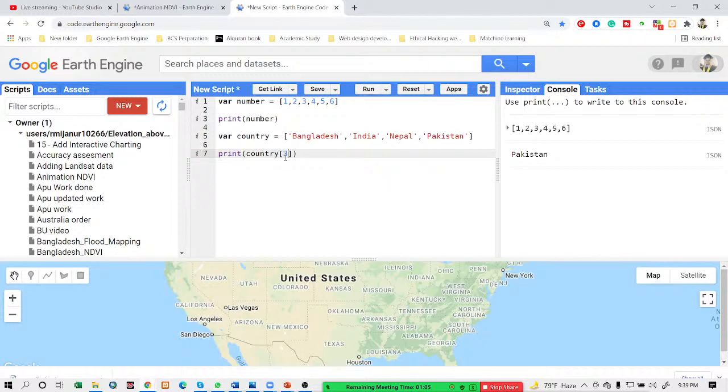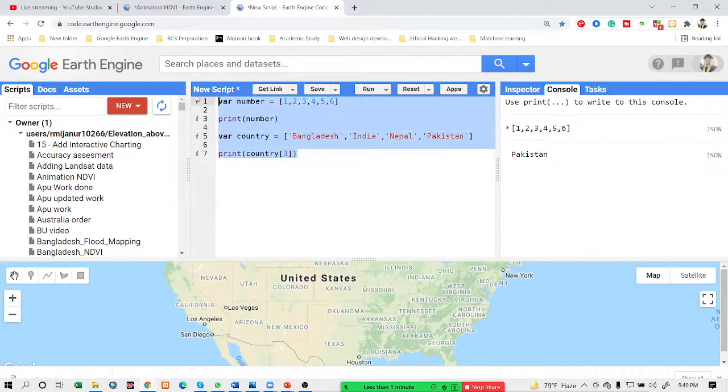So mainly at this time you just remember that when you use a list you use square brackets, and when you use a string you must use single quotes or double quotes. A number is not a string, so you don't need any single or double quotes.